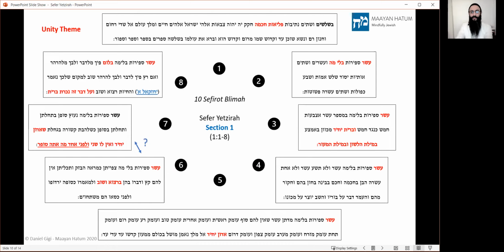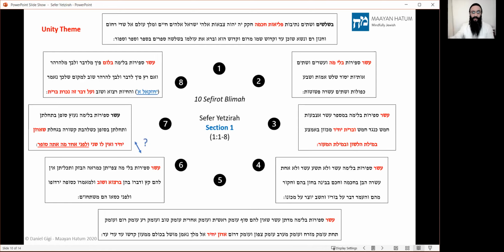What I noticed, and what I've tried to emphasize in this particular section. So again, we have to always go back to what this is all about. I always defer to Reb Tzadok Kohen of Lublin, because he brings this whole concept: the whole project of the Kabbalah is to come to an understanding and an experience of God's unity. And there are 2 levels of God's unity, and the first level, which we saw last week,